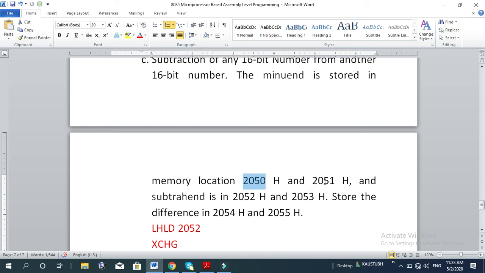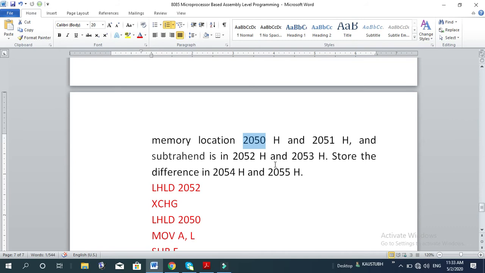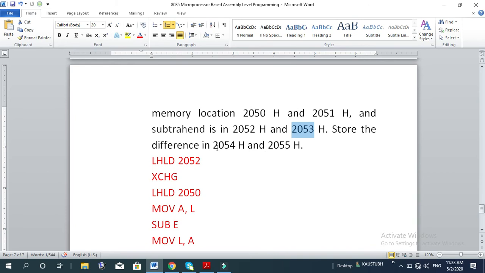byte of the 16-bit number, and the subtrahend that is to be subtracted is stored in 2052 and 2053. That means 2052 is holding the lower byte of the subtrahend, and 2053 will store the higher byte of the subtrahend, and the result is stored. Result is also 16-bit, so therefore result is stored in 2054 and 2055. That means 2054 will store the lower byte of the result, and 2055 will store the higher byte of the